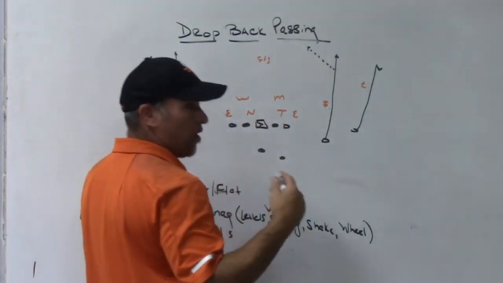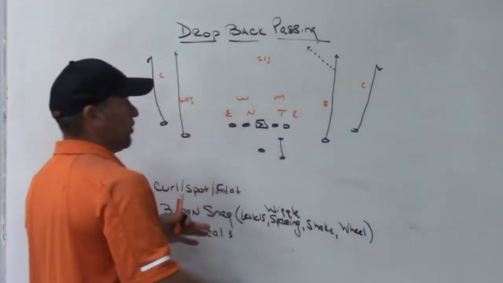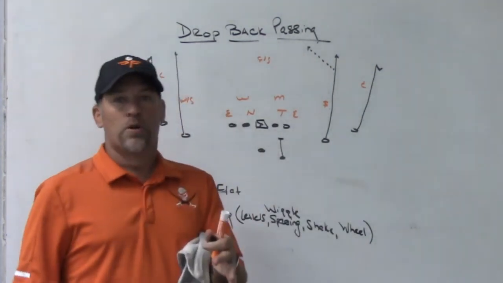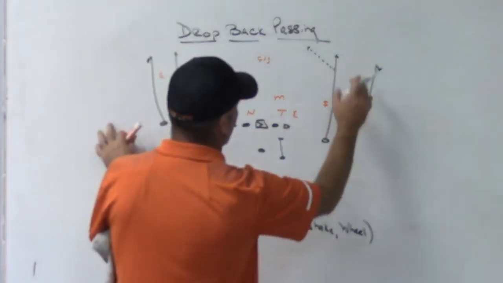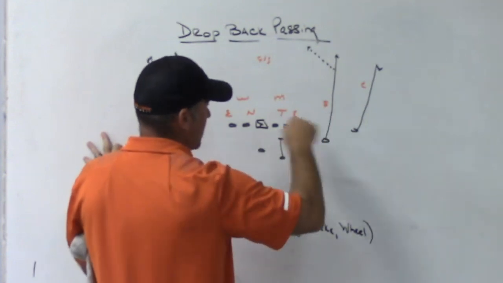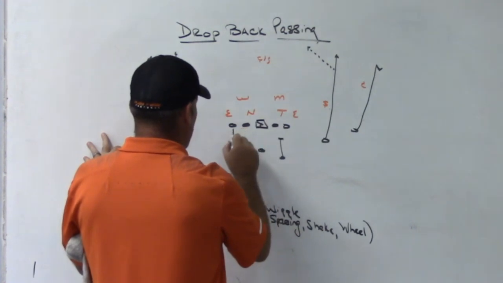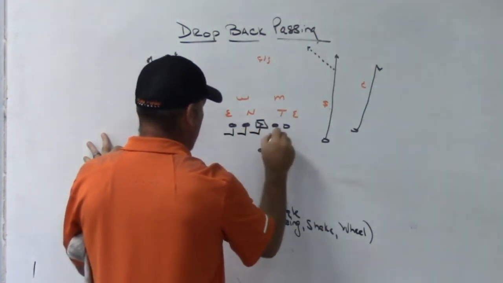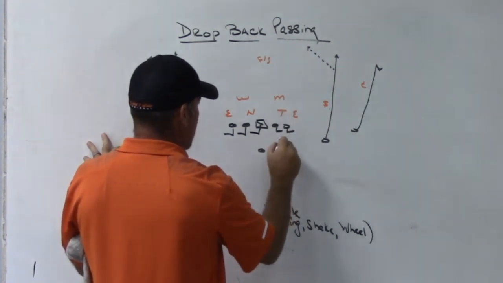For us, when we run 4 verts, we normally keep the back in because I'm calling this play when it's one high and I know that I'm getting one high and I'm trying to beat that free safety or come to the comebacks at the corner's midpoint. So I don't even need the back. A lot of times the back should be a check down guy where the back, again, we would have slide this here, man here, man here. All right, running back has Mike the Sam,